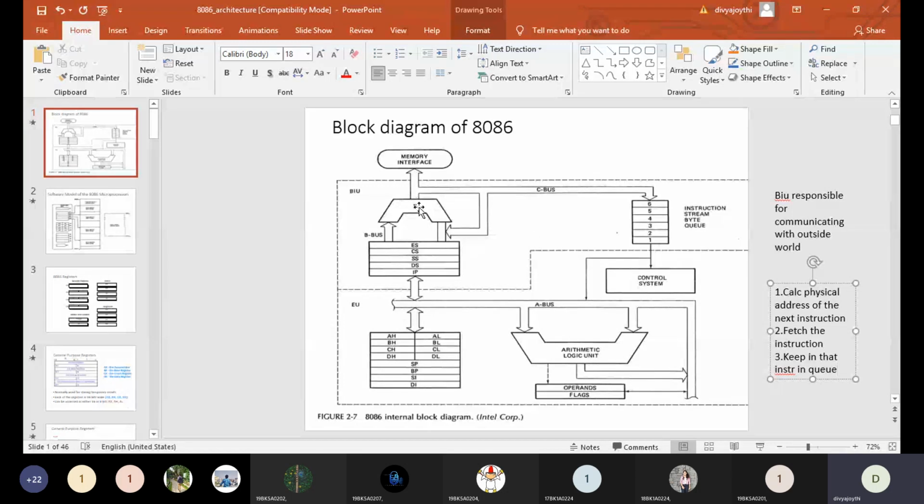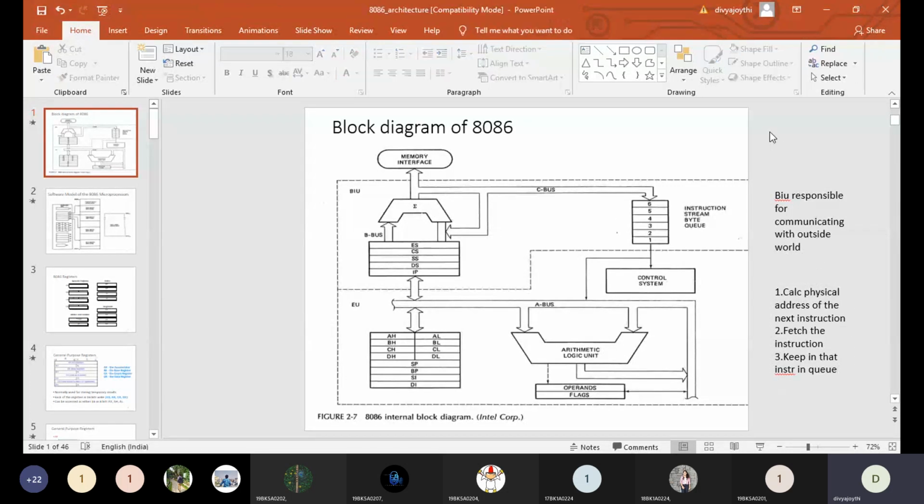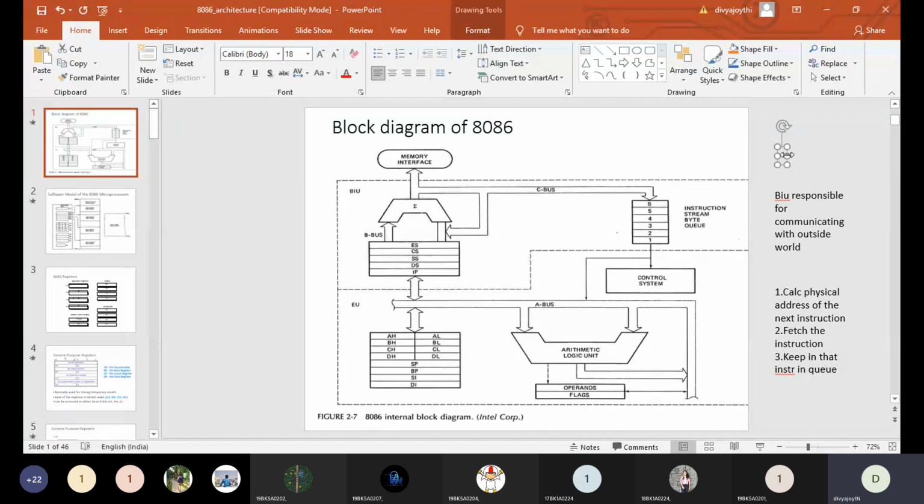This unit and this unit, we call them the arithmetic unit. The arithmetic unit of BIU will calculate the physical address. Now, what is the formula to calculate the physical address? See here, the formula to calculate the physical address is